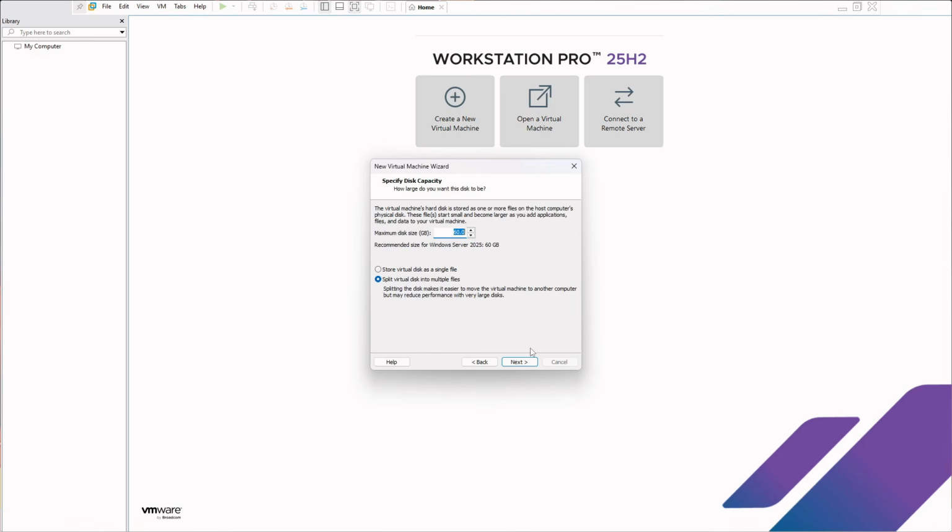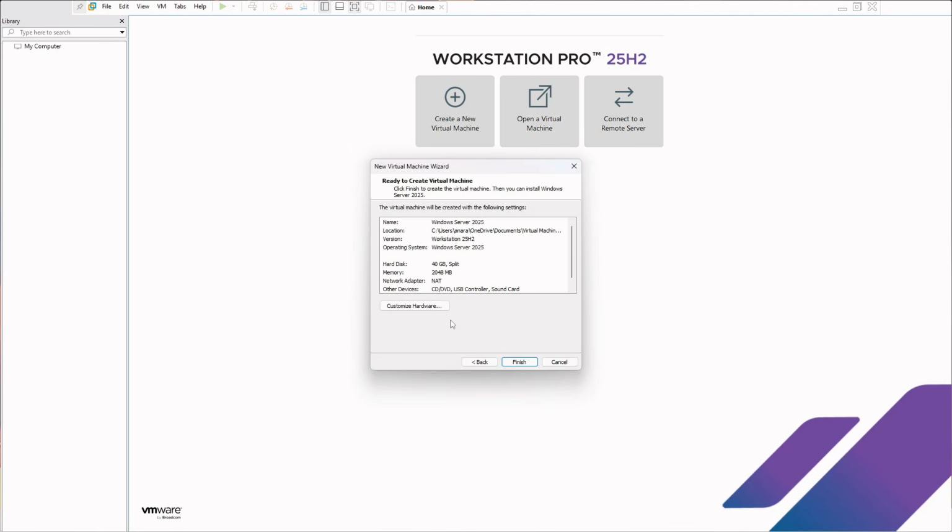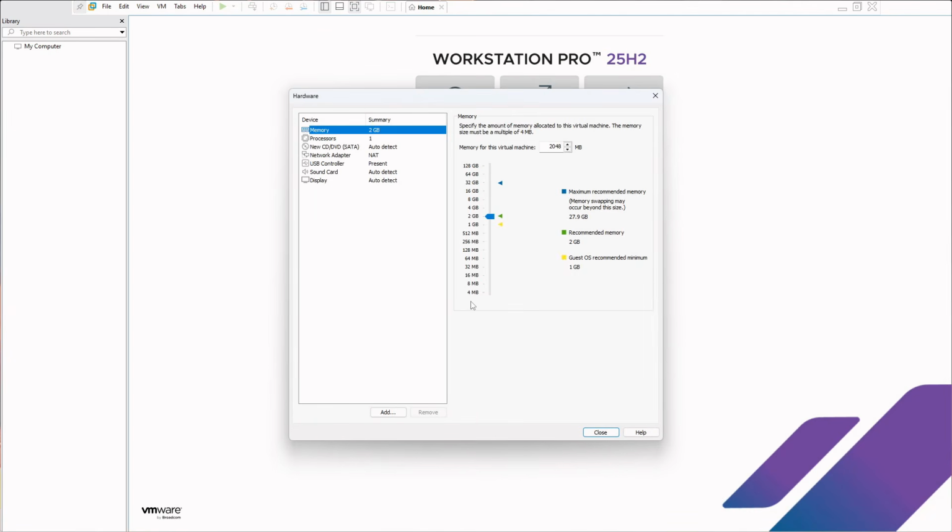So click on next again, and then for the maximum disk size, since we are not doing a lot in here, we can just put this as like 40 gig for example, so it doesn't take so much space in your computer since we are only doing Homelabs in here. You can click next on this and then click customize hardware,